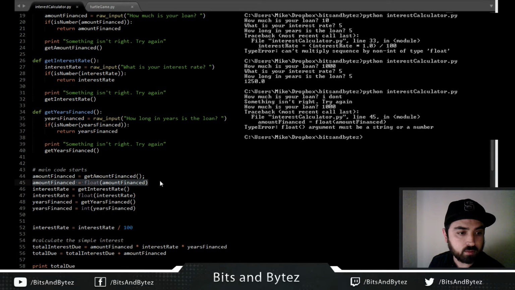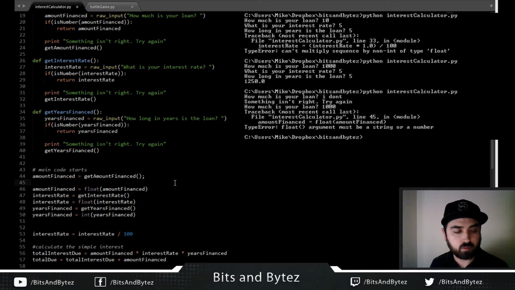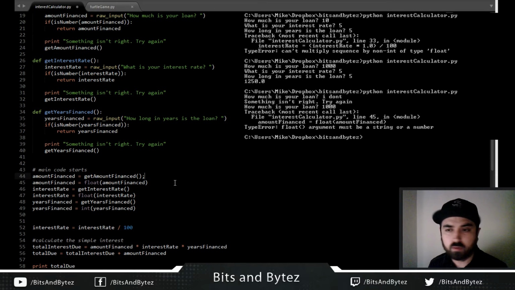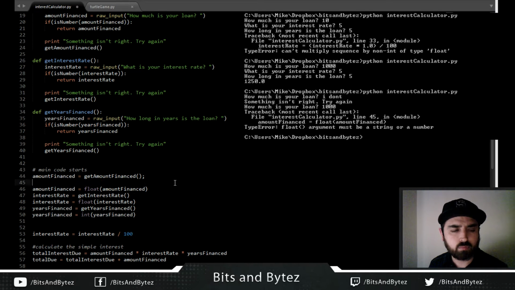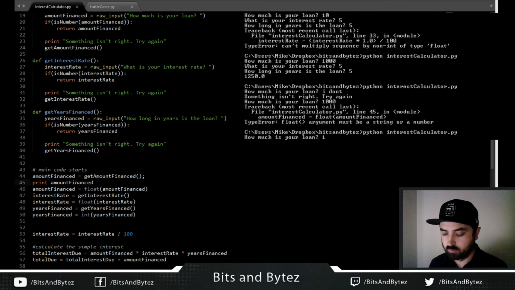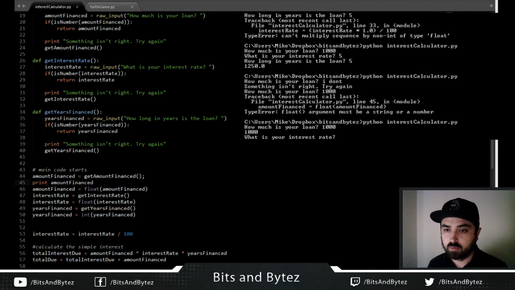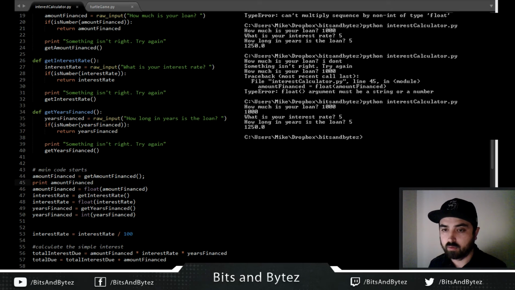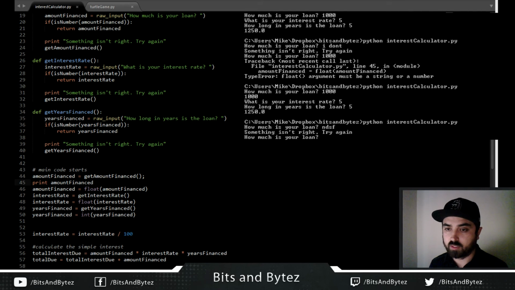Amount financed. Amount financed. String or a number. That's weird. I'm gonna print it before the error to see what the number is. Weird. Okay, so if I do text first to error,